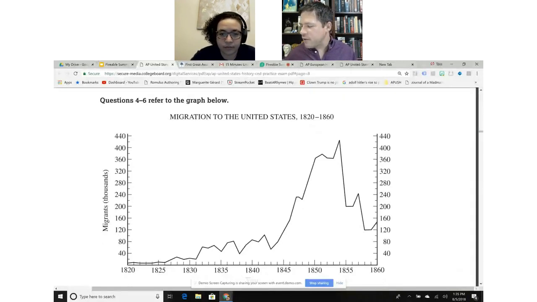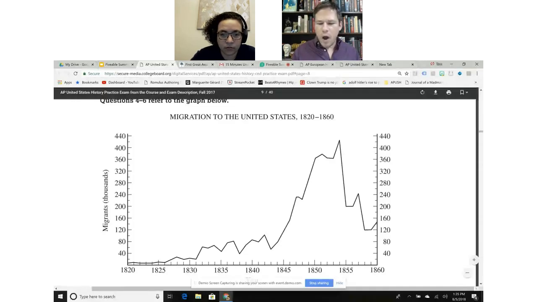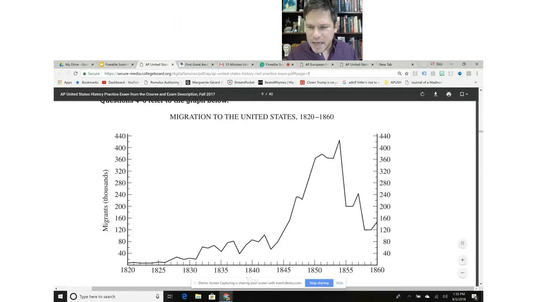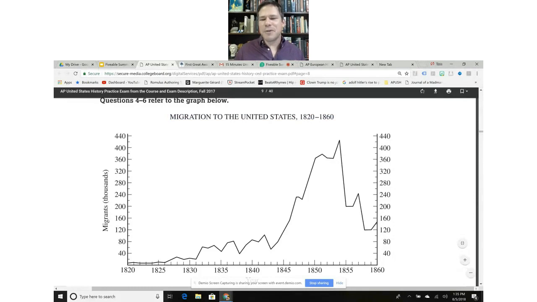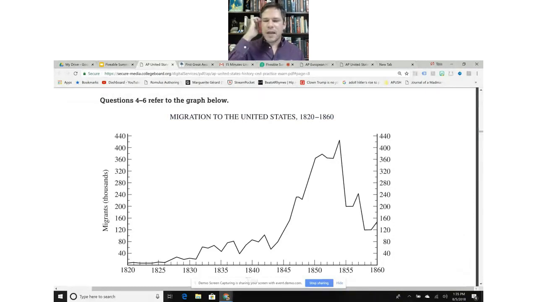The thing is that a student may see a chart and think, oh, I've got to interpret this chart. I've got to, this peaked in 1854 and there were about 420,000 migrants. And then they see it went down here and then that. They don't need to get into all that. All that we see here is migration to the United States, 1820 to 1860. Who were the migrants? If the student can associate the Irish with this, there's no need for any more, it's a quick look and they've got it.